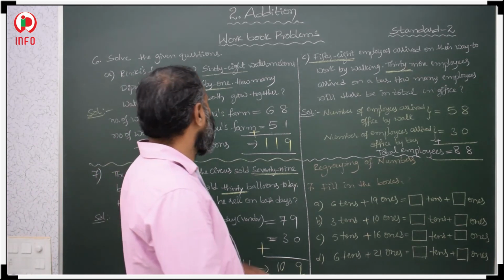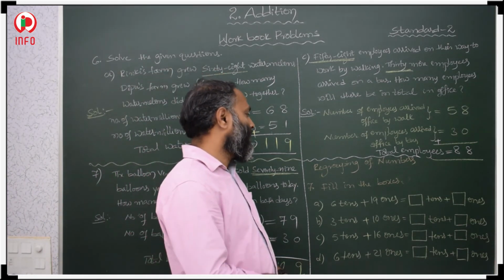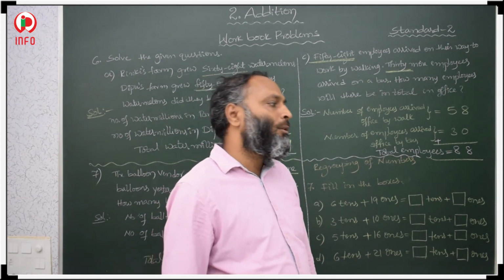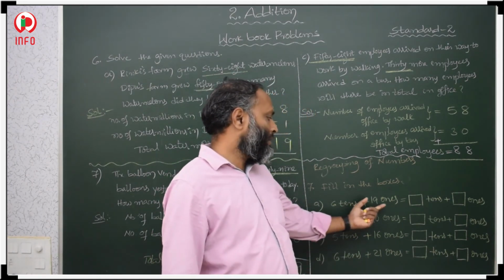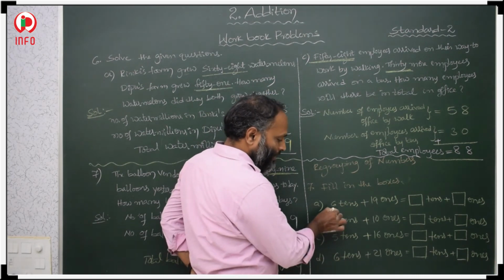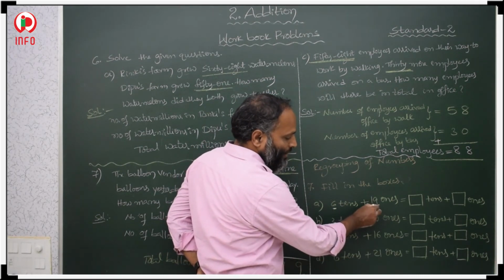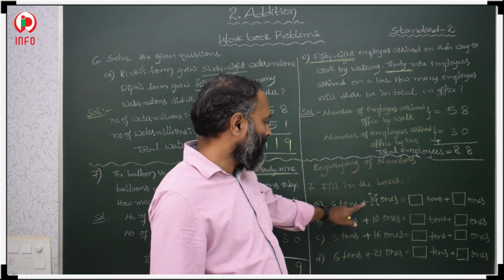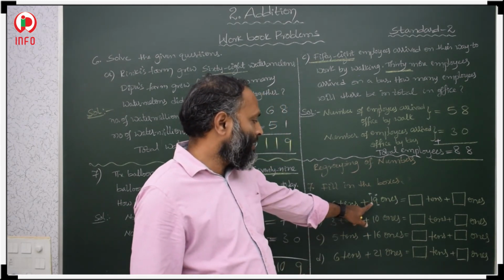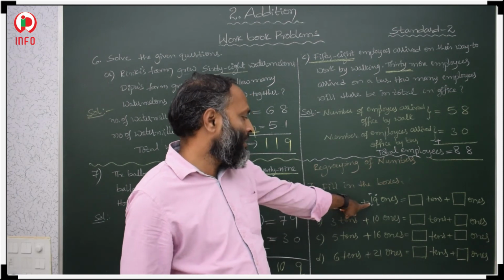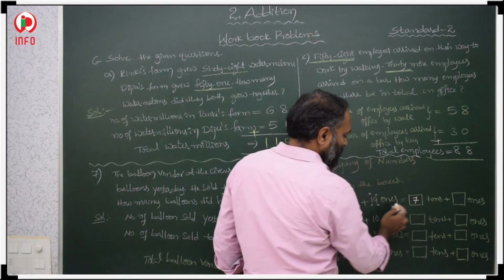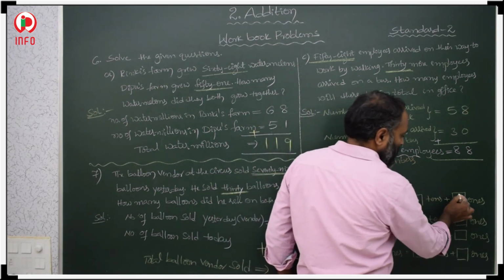Okay. So these three are the word problems. Then regrouping numbers. How to regroup numbers? Here 6 tens, 19 ones. Here this is ones, this is tens. Already here 6 tens and 1 ten. 6 plus 1, so these tens we have to add. 6 plus 1, 7. 7 tens and 9 ones.